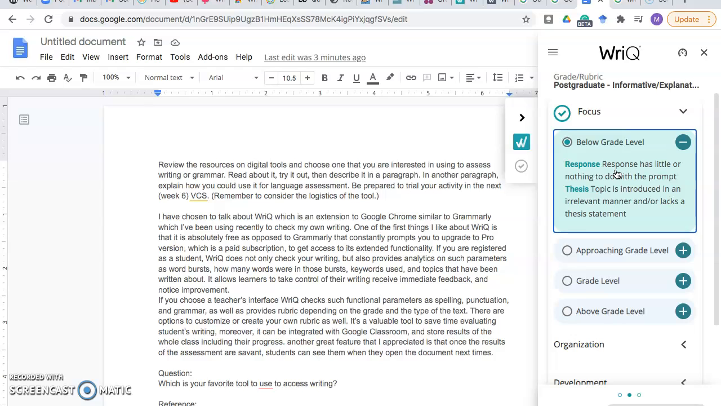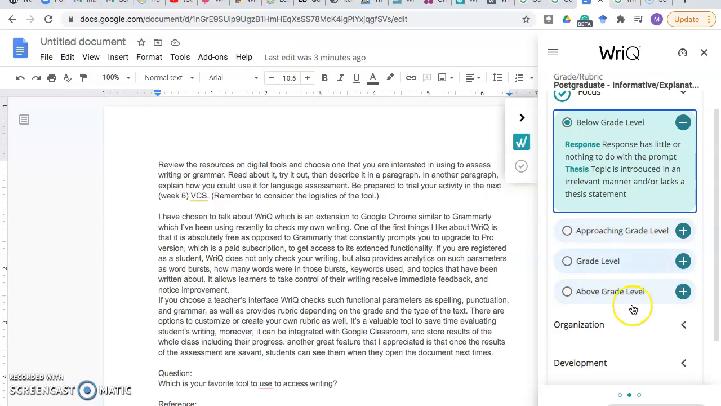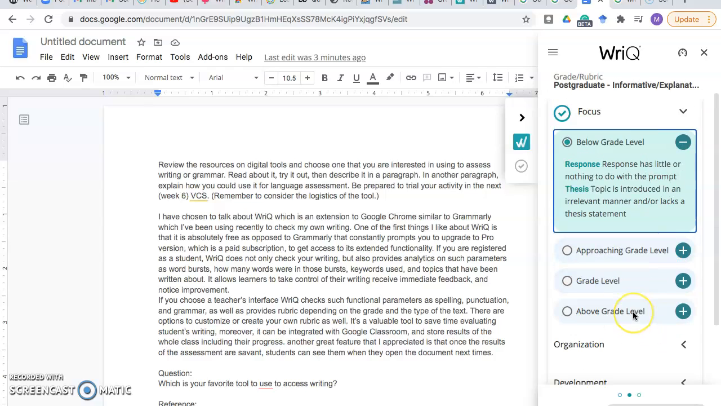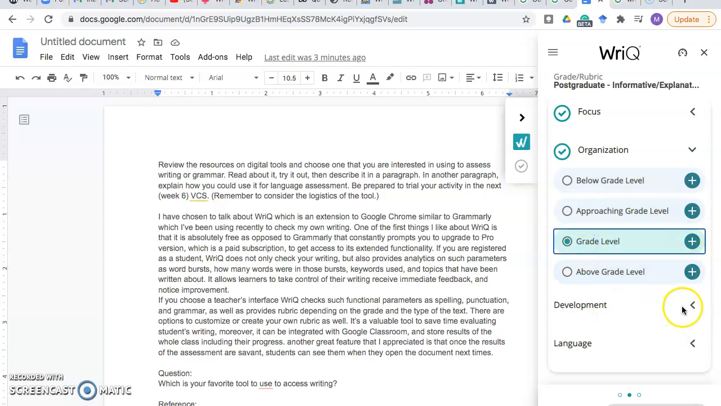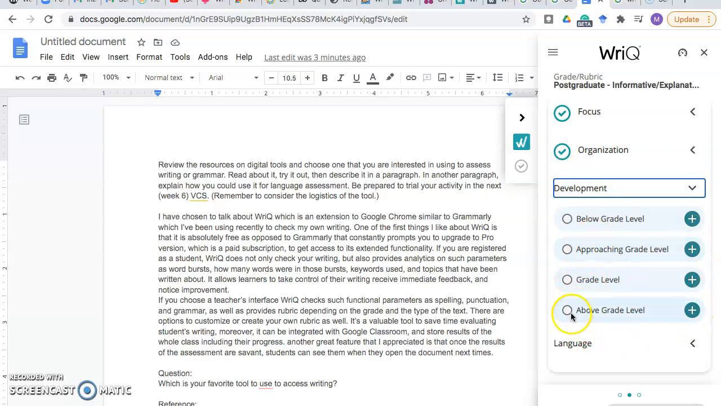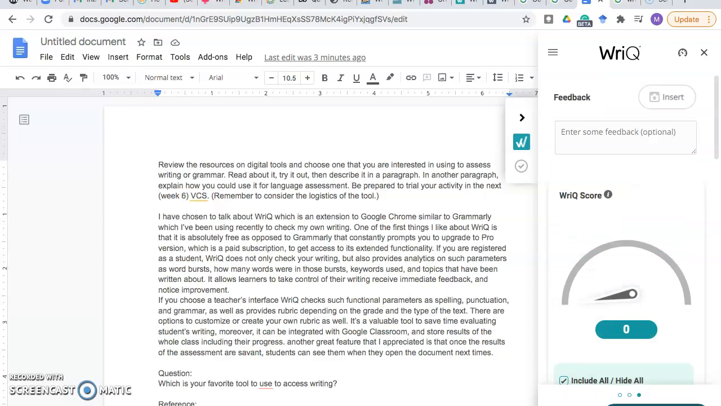So let's just pick some of those so that we could see how this extension works further. So let's see, below grade level on the focus, organization, grade level, just do everything differently to see. Development above grade level, and language, let's see that below grade level as well. And when we continue,